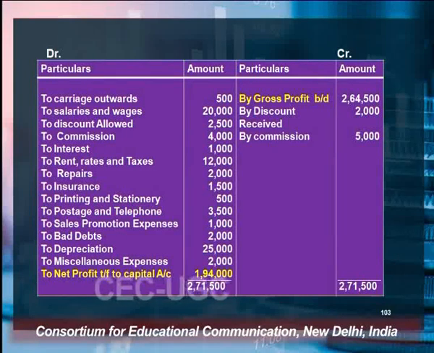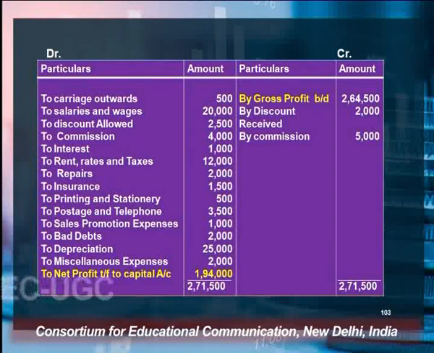In this trading account, gross profit is there, and this gross profit is transferred to the profit and loss account. So after the preparation of the trading account, the profit and loss account is prepared. As you can see, on the credit side, gross profit is brought down from the trading account. This is 2,64,500. Again, profit and loss account is nominal in nature. So the rule says debit all expenses. Because of that, all expenses and losses are shown on the debit side, and all income and gains are shown on the credit side. Because of that reason, gross profit is shown on the credit side.